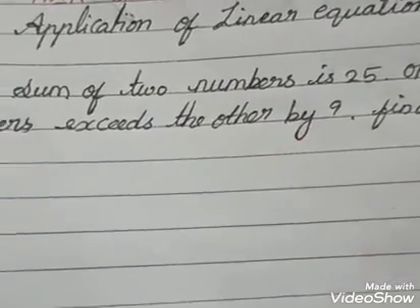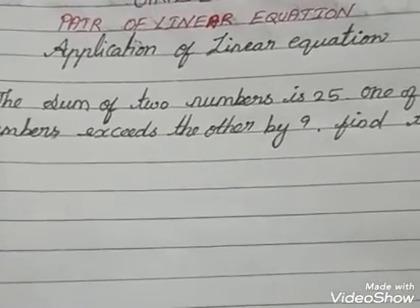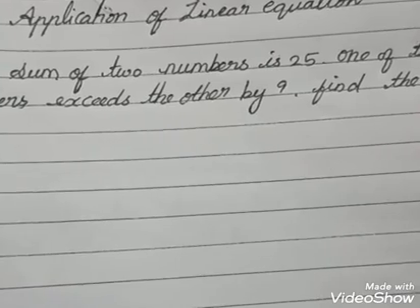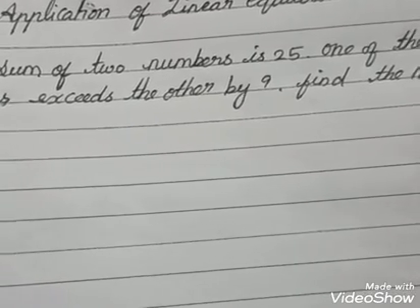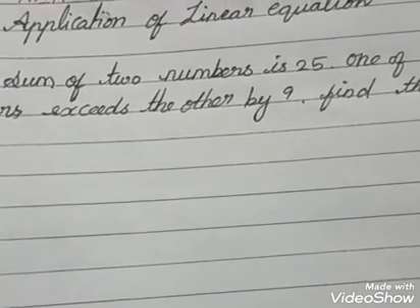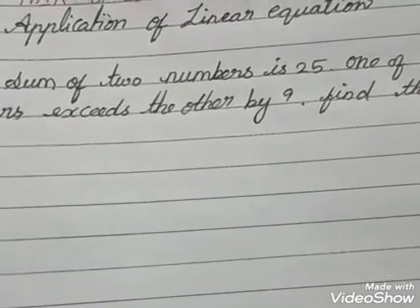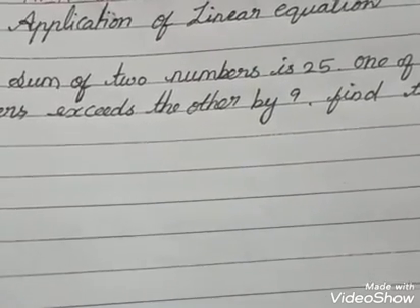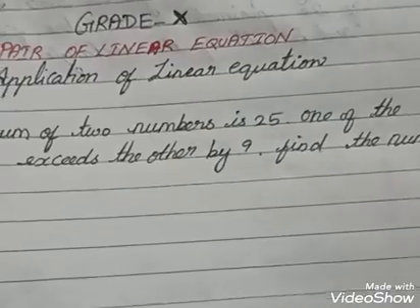The first question is, sum of two numbers is 25. One of the numbers exceeds the other by 9. Find the numbers. So what is the meaning? One by one, each and every point has some clue given to find the answer. So solution,